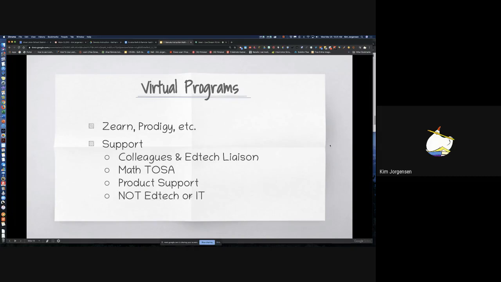Now, for Zern, if you are an upper grade teacher and you are familiar with Zern and you think, I think my kids can handle this, I do have a self-help slide presentation on how to get your account and how to get your kids in there, but you're going to have to record yourself doing the first bunch of lessons so they can follow along. Because you can't just say, here's your sign-in stuff, go do this. They're not going to really know. The first time you do it, they need to see it be done.